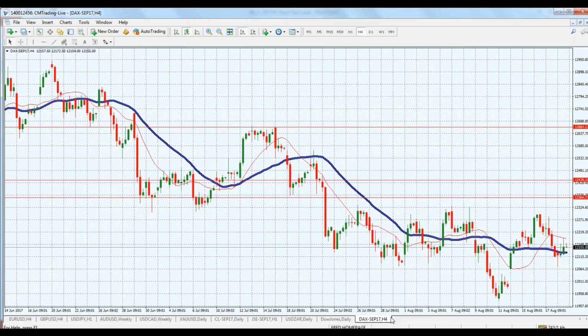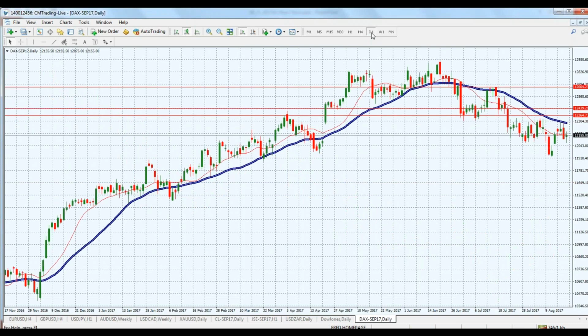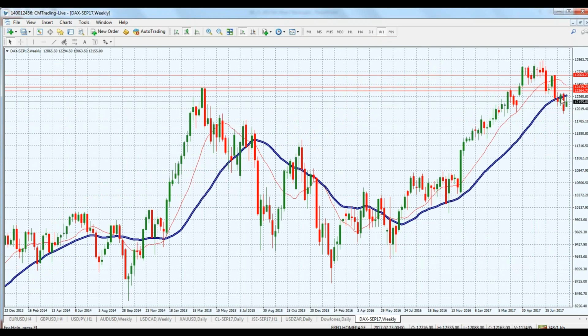trading within a range, 12,280 on the upside, 12,115 on the low side. So we're in a bit of a tight range here on the DAX, as you can see. But we're drifting lower. We are drifting lower, and it looks like we're going to have more of a correctional move from the tremendous gains that we had last year. So keep an eye on that as well